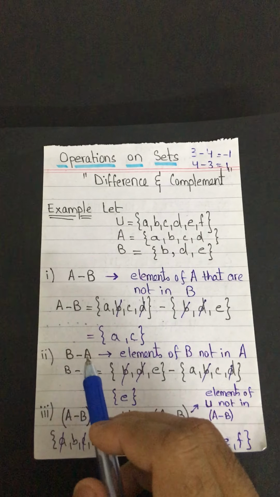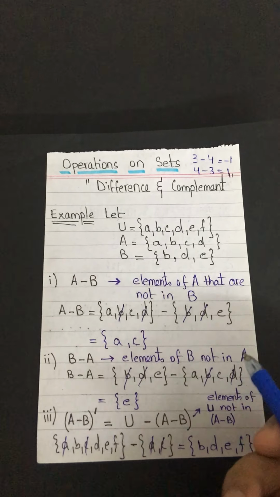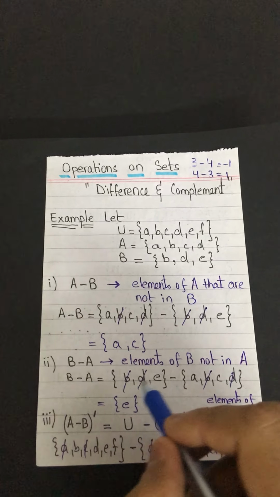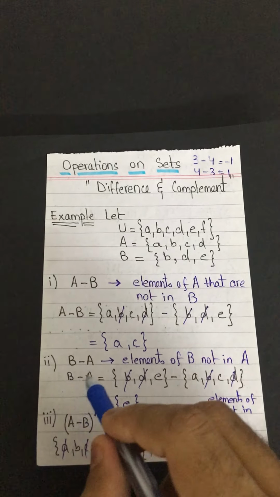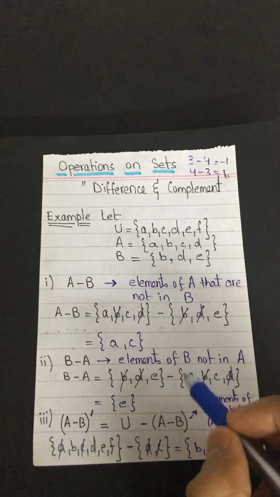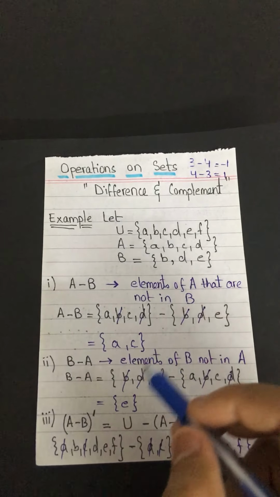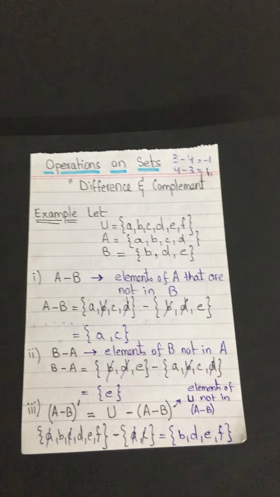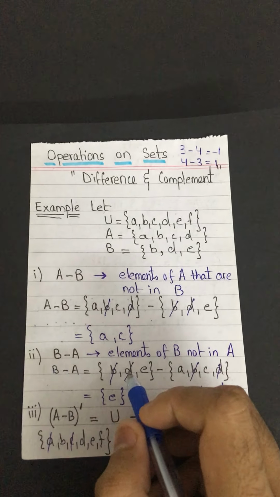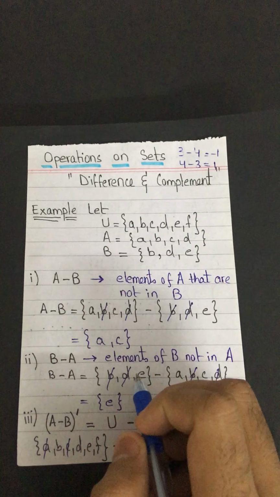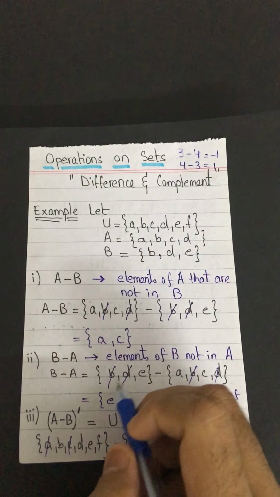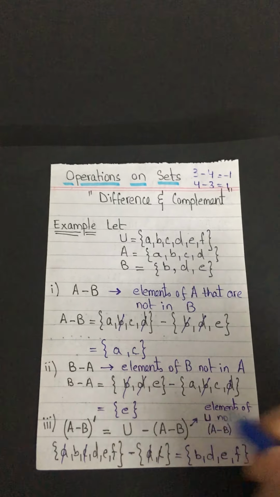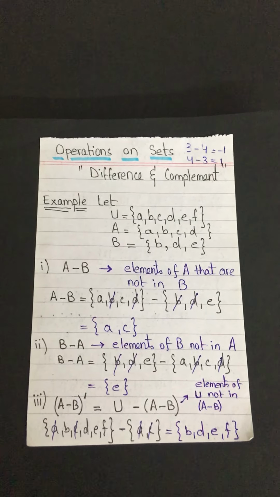Similarly, B minus A means elements of B that are not in A. So how will I find out? I will just write the elements of B. Since B is first, I will write B first, B, D, E, and then a minus sign, and then A is second, so I will write A, B, C, D in the second, and then I will cancel out the common elements. And now after cancelling out the common elements, I will just focus on the first bracket, what is remaining in the first bracket, and I can see that only E is remaining in the first bracket, so E will be my only answer. I will not include A and C in this answer, it will be wrong. So this is the trick of difference.